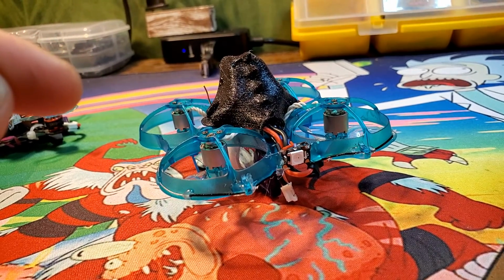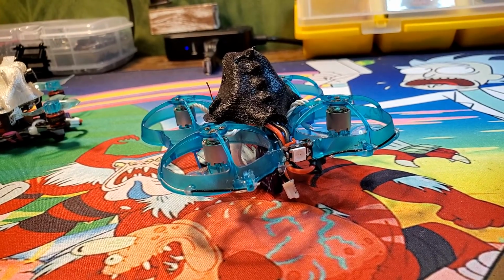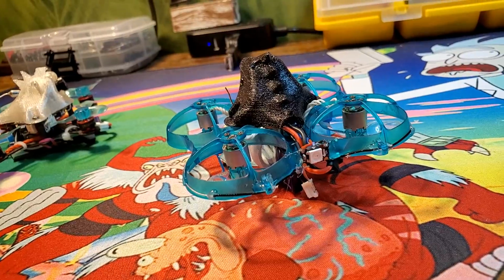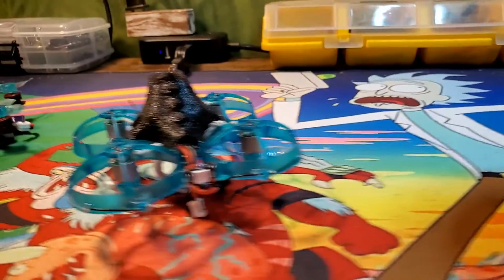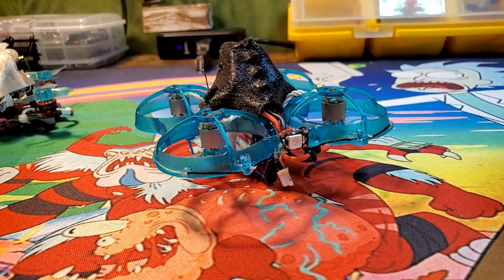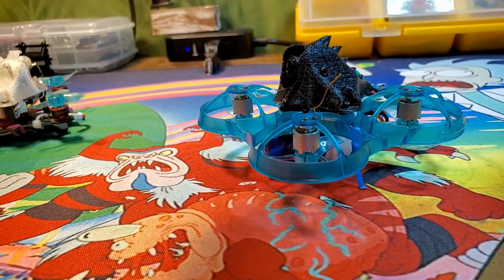Happy Model came out with, I think it's called the Spec E or Spec I, something like that. It's a full range receiver the size of my fingernail. So it's super, super tiny, and it has the diversity antennas, which you see wrapped all the way around the back here. So you'll be able to get insane range with it, farther than the 25 milliwatt that's built into the board. It's the Mobula 6 light board versus...